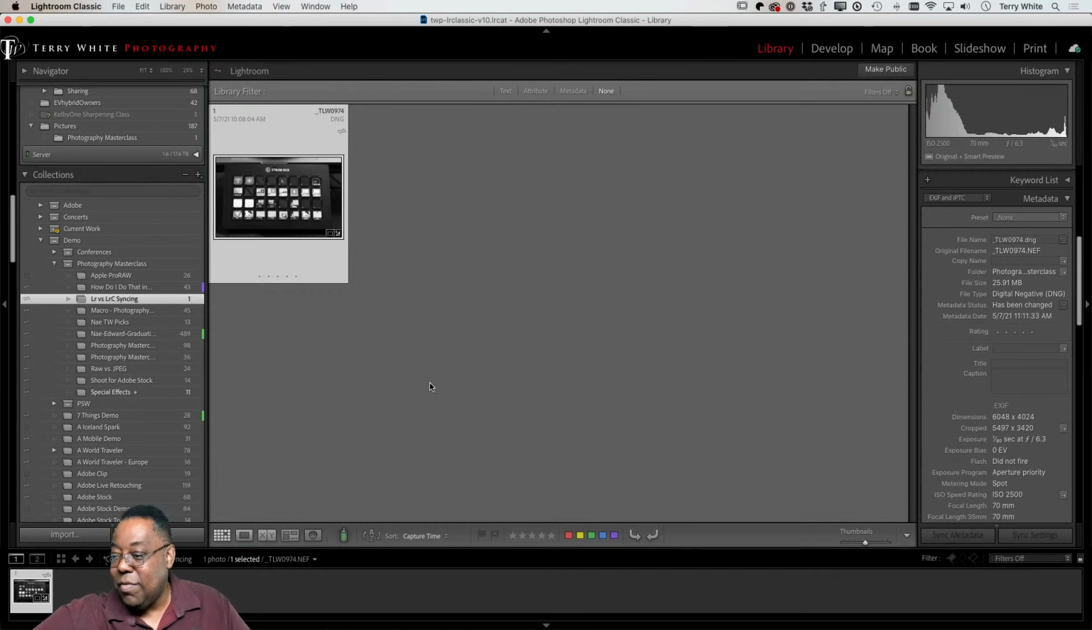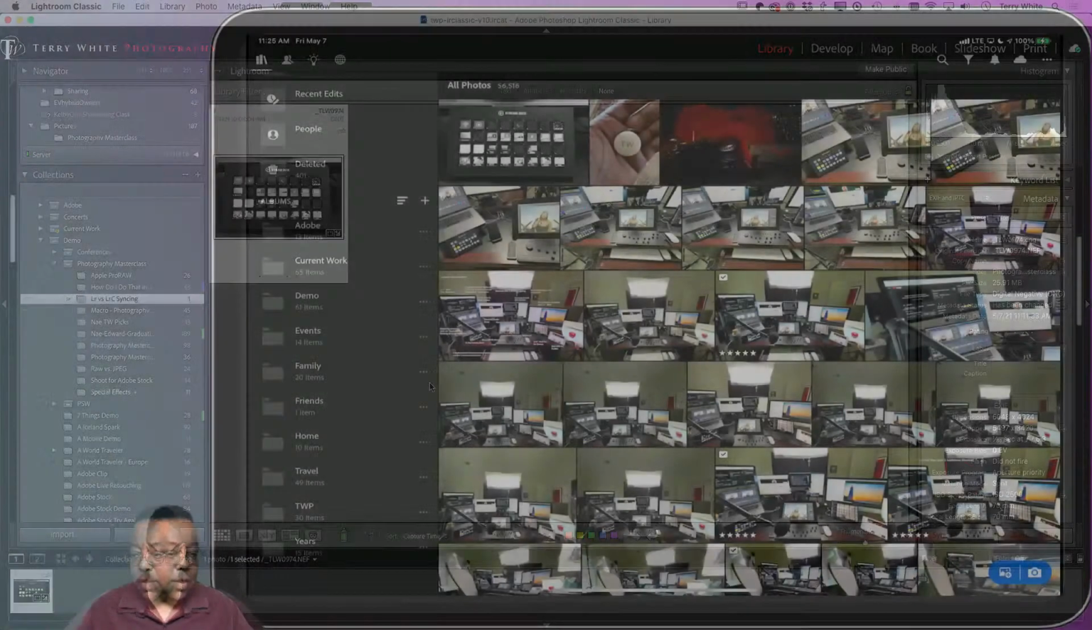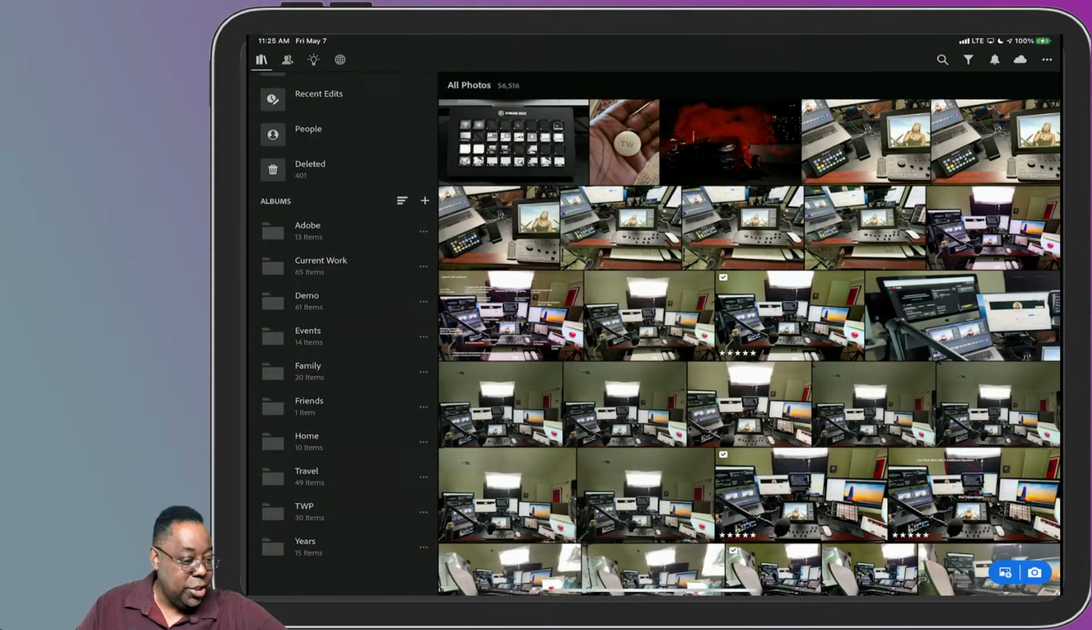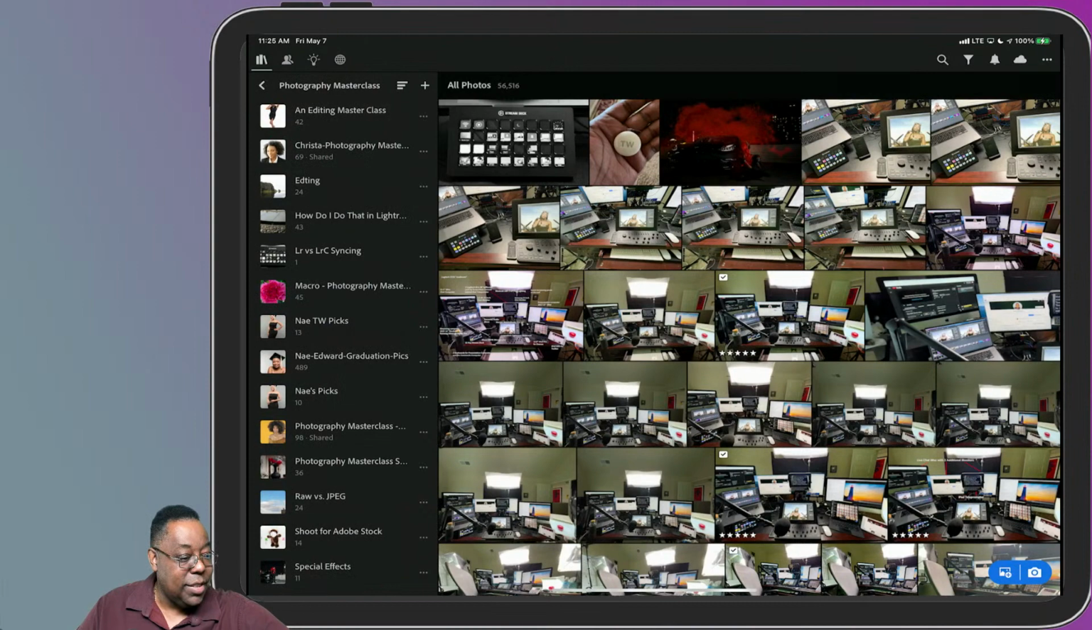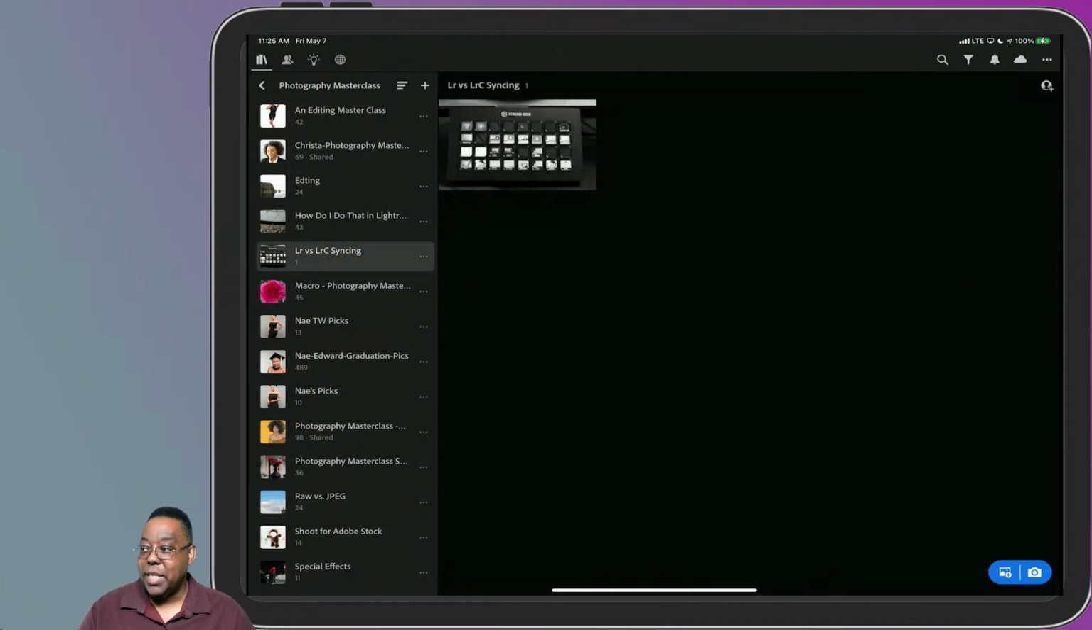So if I go over to my iPad now, because I did the change on Lightroom on the desktop, if I go to Demo, if I go to Photography Masterclass, there's Lightroom versus Lightroom Classic syncing, and it happens on my iPad. If I were to go to my phone, which has been sitting here, not even running Lightroom this entire time,